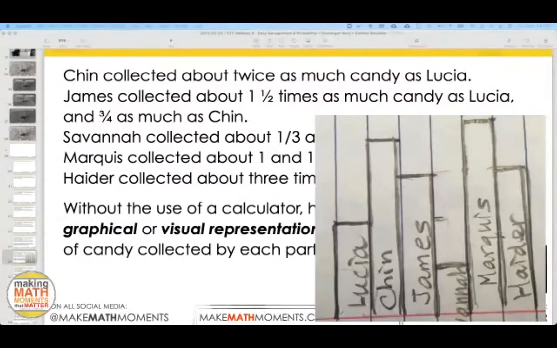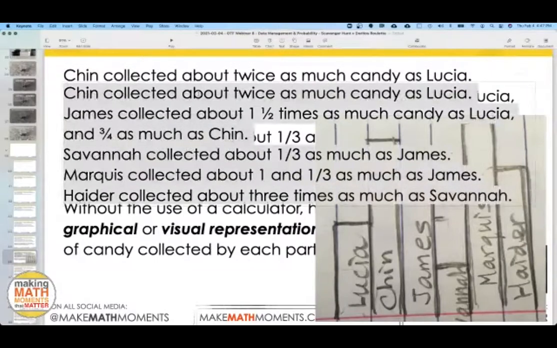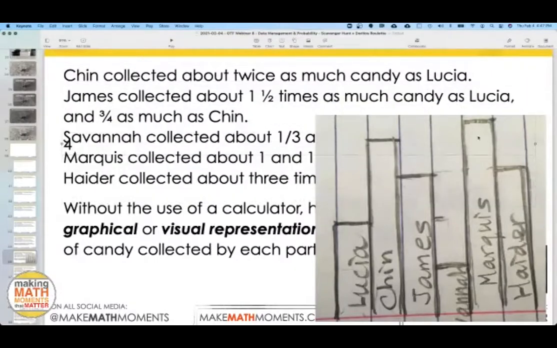I tried 6 and that was way too high. I didn't even finish. I got as far as James and realized it's way too high. So then I went to trying 4, and even that was a little too high. I think it was up in the 30s. I forget. I didn't bother working it out exactly.